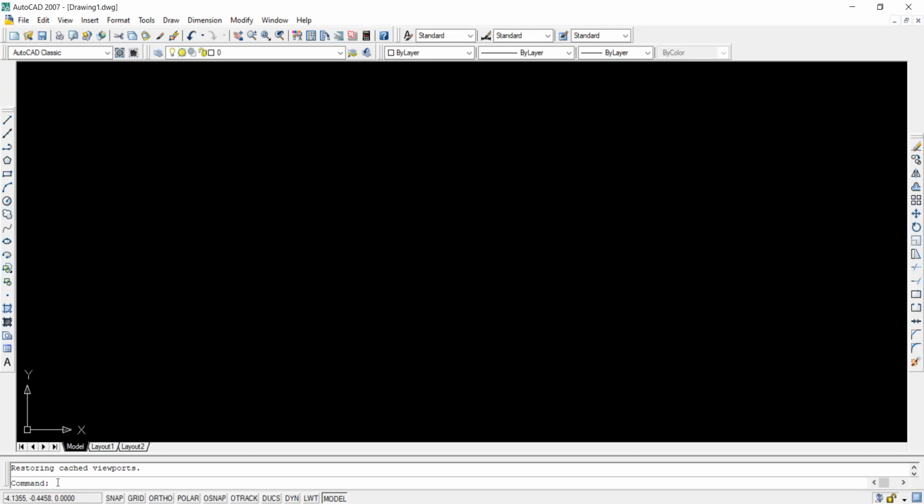So whatever command I am going to type, that is going to execute here. जेव्हा AutoCAD हे DOS वर्जन मध्ये होतं, तर there is no graphics interface, माउस वगैरे नव्हता. At that time I have to type a command and execute that. From here also the same command prompt is there. You can execute commands. If I want line, just type L and Enter, the line command is going to start. So such type of direct command prompt we can give.